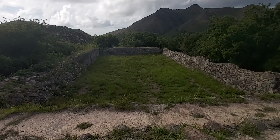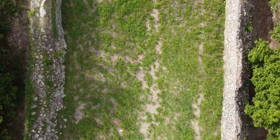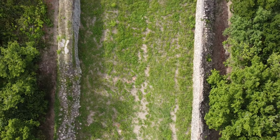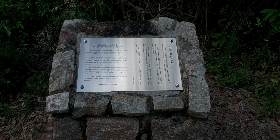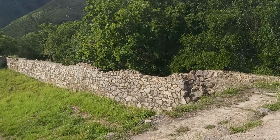After the fort was abandoned, it slowly fell into disrepair over the years. Villagers living in Fan Lau took stones from its walls to utilize as raw materials for construction, and the old fortification was surrounded by thick foliage. Fan Lau Fort was declared a monument on the 13th of November 1981, and it was later restored in stages